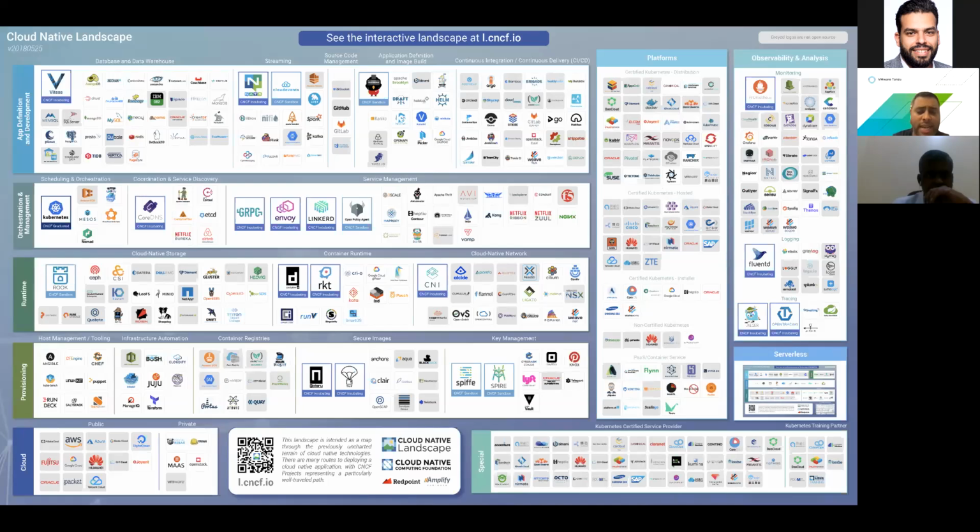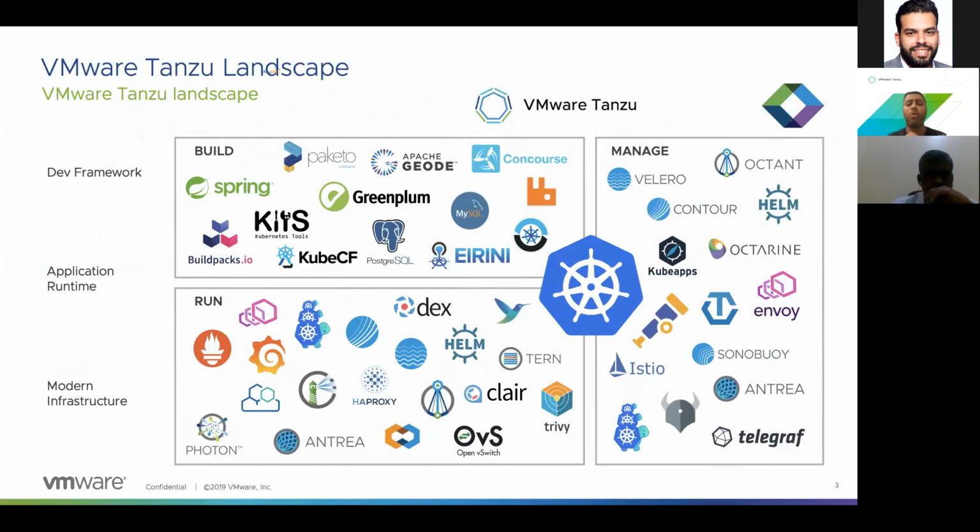That is very difficult, because I remember when I started the journey, back in 2016 or 2017, this landscape was not as huge as it is now. I can tell you that next year, if we look at this landscape again, you will see so many applications and tools being added, and perhaps different categories as well, those big blocks. So when we talk about Tanzu, we are dealing with specific tools out of this. What we have done is that, based on our software and what we have worked on with different customers across the globe, and based on